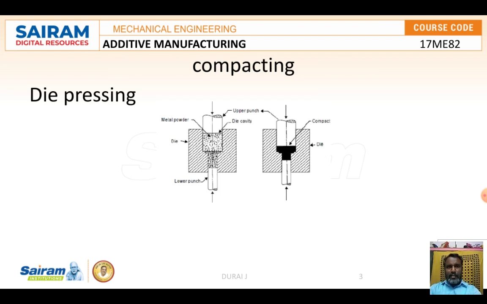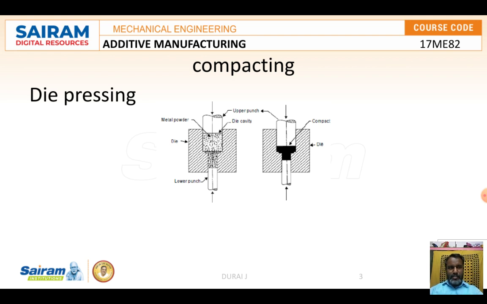So in die pressing, the metal powders are placed into the die cavity and compressed in the form of the component shaped and contoured like the die. The pressure produces the green component, depending upon the material and the characteristics of the powder used. Mechanical presses are used to compact the object at lower pressure, and hydraulic presses for compacting the object with high pressure.